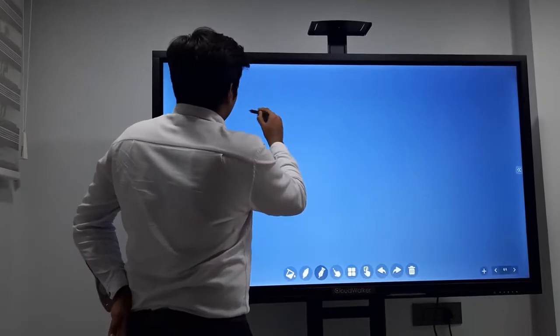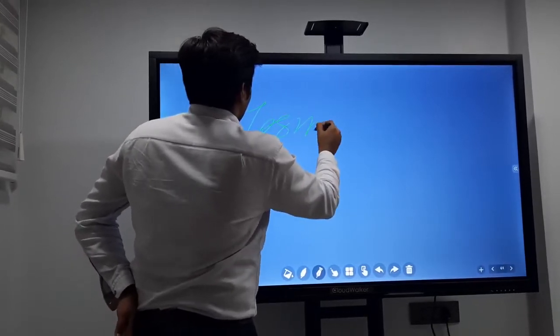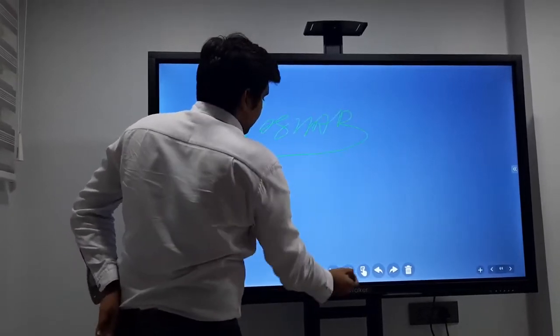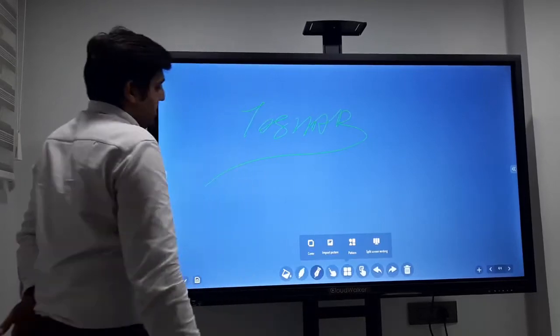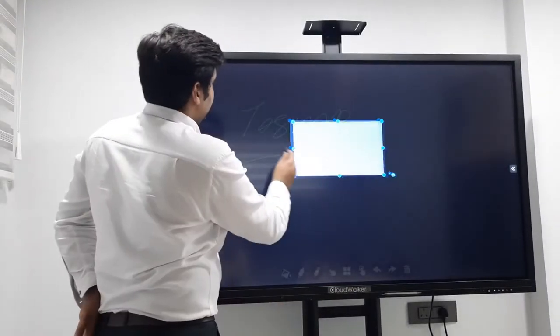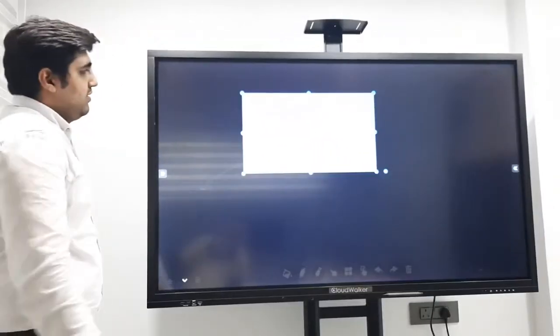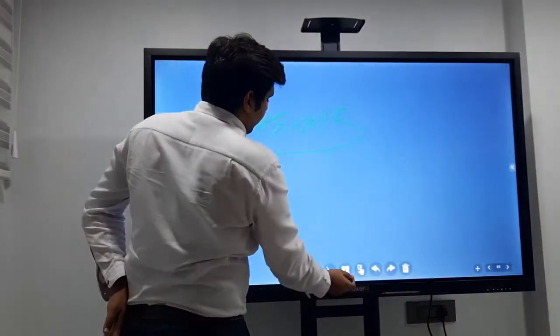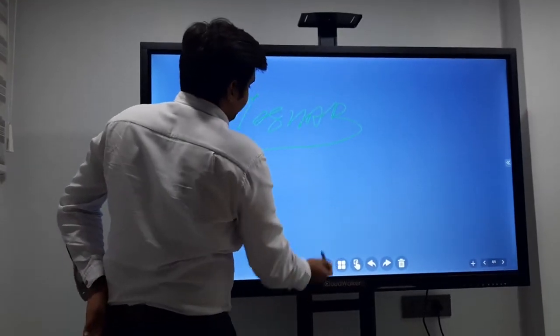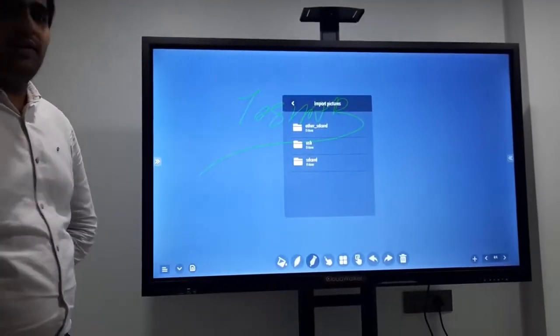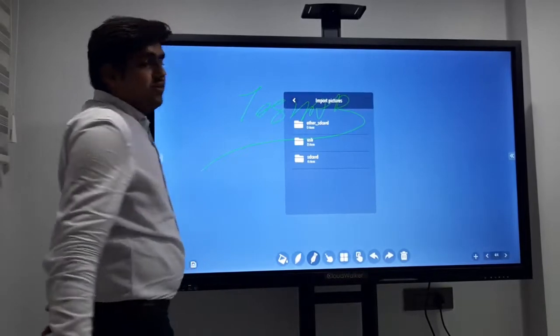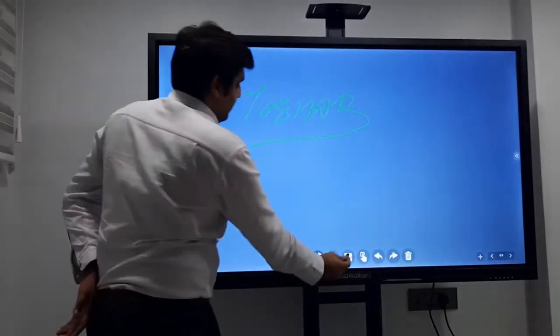Let me write something. You can cover some part on this. If you want to only highlight the thing, you can simply click on the cover. Or there is an option of importing any picture. If you want to import some pictures, you can simply select the location from where you want to import and get it imported.